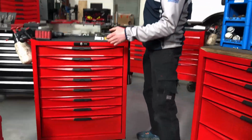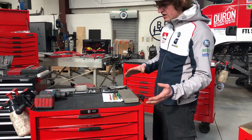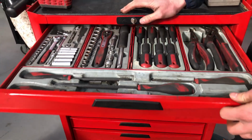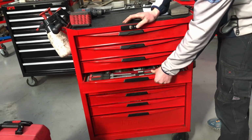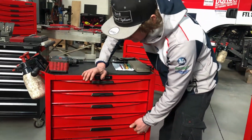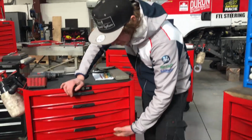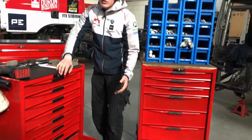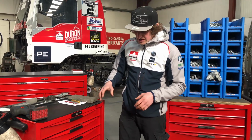Then this toolbox is a mixture of trailer and workshop, so we call this Tom's toolbox, and it's quite similar to my box. So we have standard tools in it, some ratchet sets, screwdrivers, pliers, spanners, more stuff. This is a full working toolbox in the workshop, and then when we're at the race circuit it becomes the service box as well, so that's why we have a lot of tools crammed into the box, because space is the biggest issue we have with the race trailer, getting all the tools we physically need into as little space as possible, and this is why we